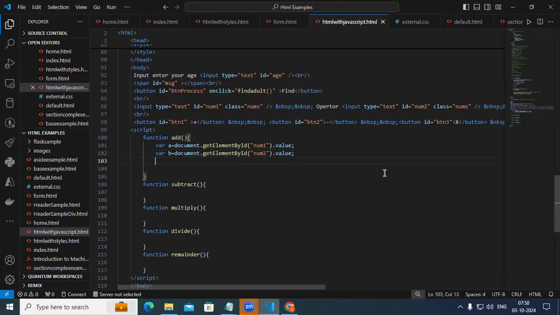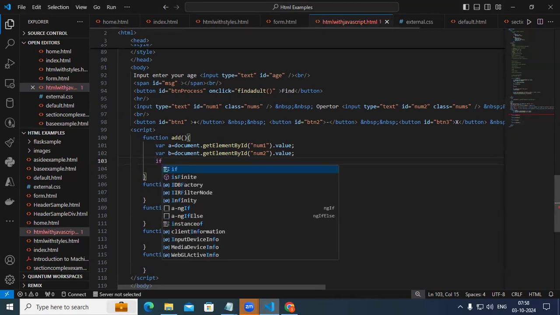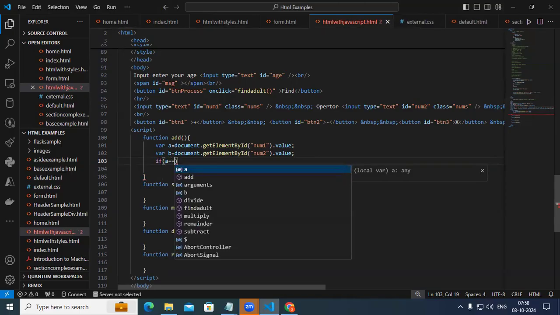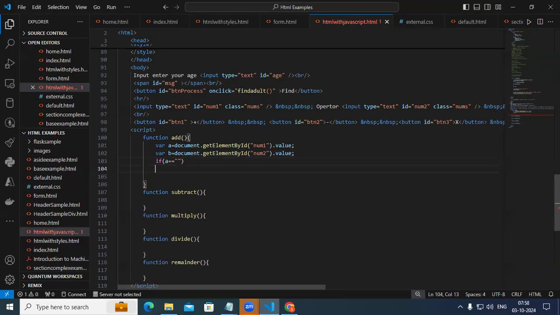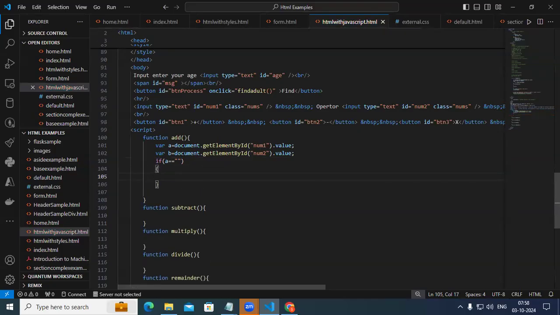Some of them can be empty. If they are empty, what should happen? It has to simply return by displaying some message. So in such a case, we are going to write an if condition. What is if? Later on we can discuss. But see here, if a equals an empty string, then what we do here is print an alert,